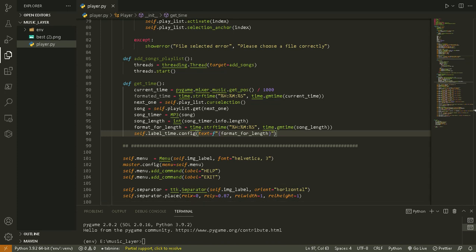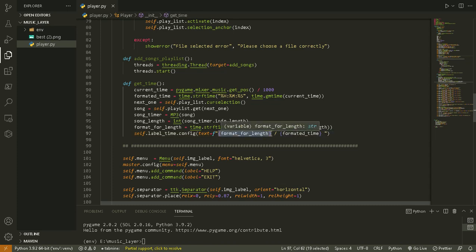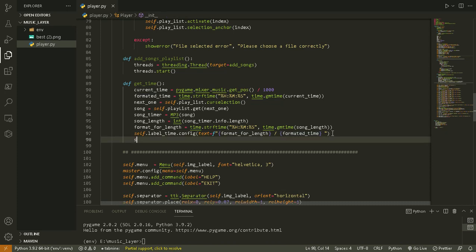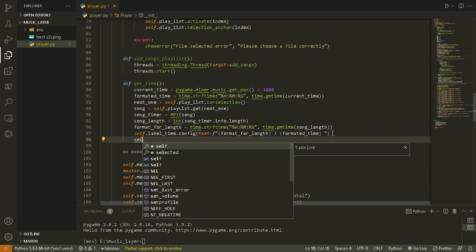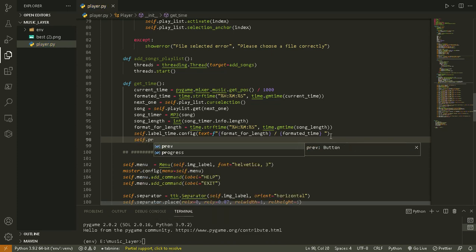And then the formatted time. So the length will move with the song. So here we get the full time, and then here we get the length. So the time that moves as the song plays, let's say it's 1 second, 2 seconds, just like that. So it keeps moving, and then here we get the formatted full time of the song. So self dot progress,